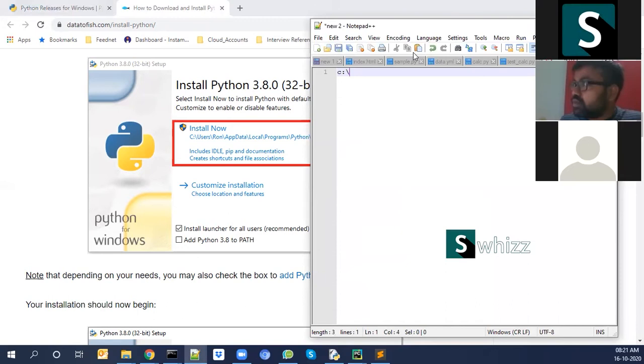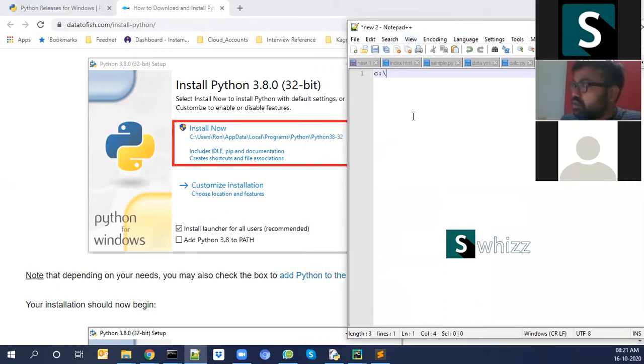No, I have selected the second option, right? Customize installation. Yes, yes. In customize installation, again you'll get this option. So once you check all the things, right? Okay. Check and go for next page, then you'll get this window again where you want to choose. Then in that window there is an option like see users. You are able to see that one?